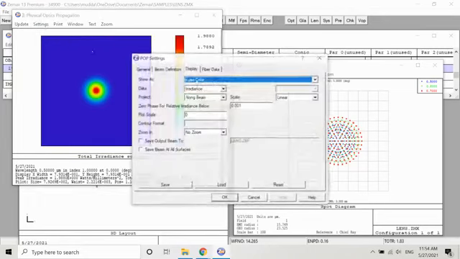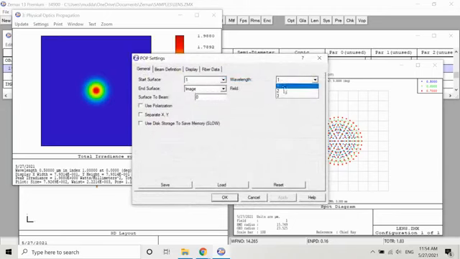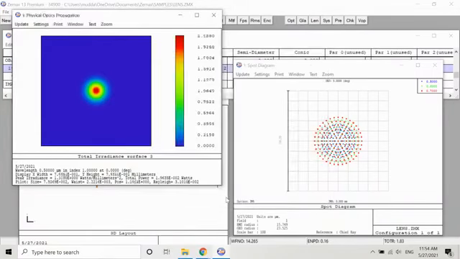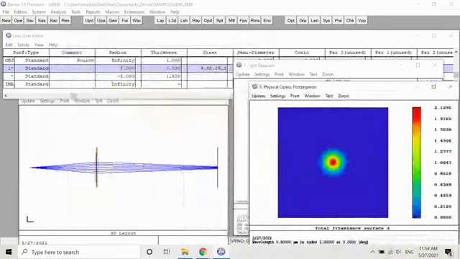If you want to check for another wavelength, you can just simply go to the setting and select another wavelength, and you can see now this is the 0.6 and the peak irradiance is 2.12 for it, and the other parameters are also there. So now with that you can easily design any kind of your system by just defining its parameters here and then apply those changes, and you can also manipulate your system design according to your choice.